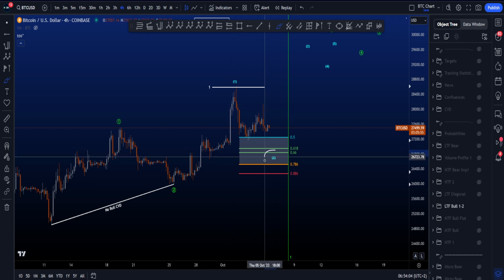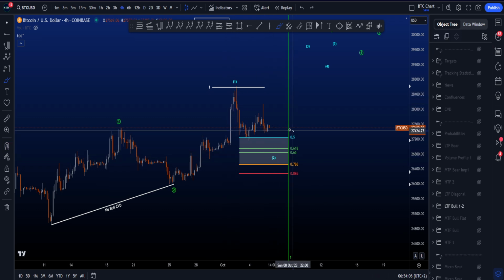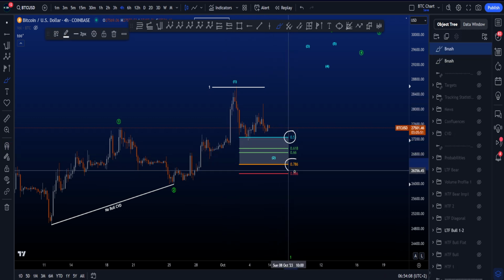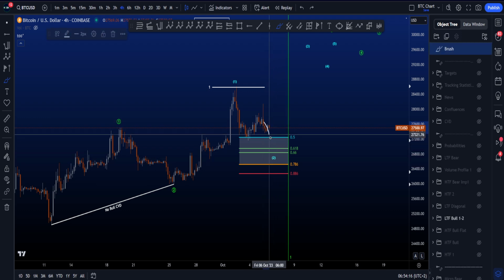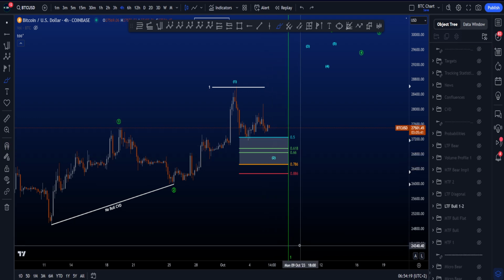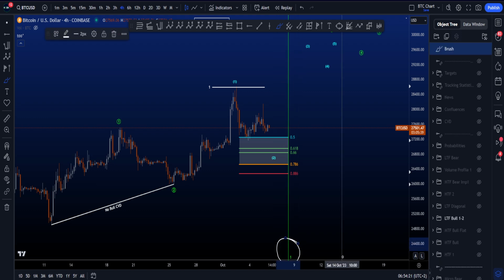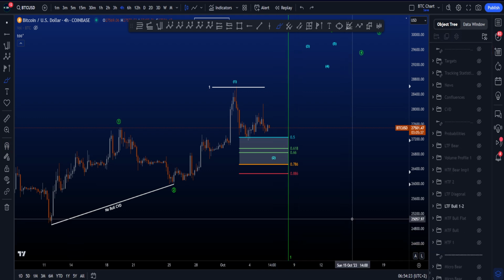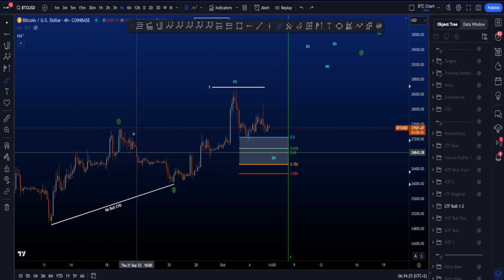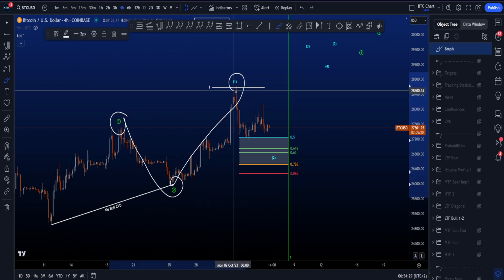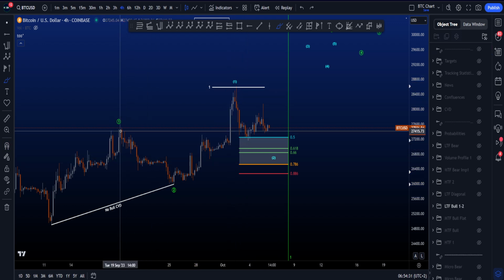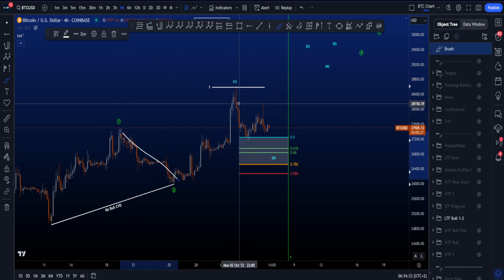But then we are expecting a wave 2, where for a wave 2, the most common target is the 0.5 to the 0.786, which is between 27.2k and 26.5k. Now, if price moves to the downside, all good, all fine, but we have to keep an eye on the vertical line on the chart over here. The vertical line is a fib time taken from the high of 1 to the low of 2 and put it on the high of this second wave 1 to compare the time of the first 2 with the time